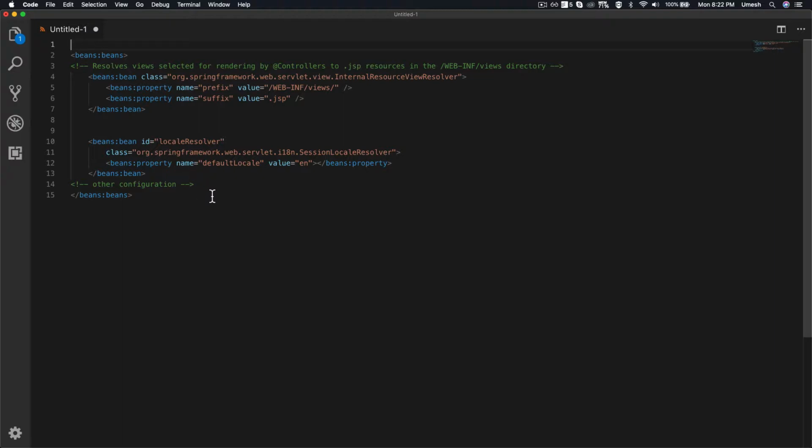If you are handling messages for your application, you also need to configure how you want to read the messages. You have to configure your dispatcher servlet either in your web.xml file, or if you are using Java configuration, you have to configure your dispatcher servlet in your Java configuration. So in short, what I need is these default configurations,